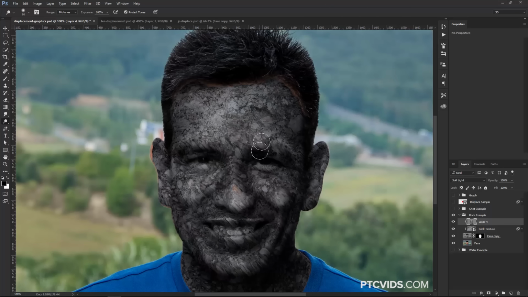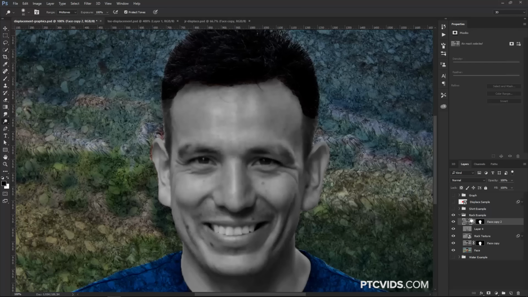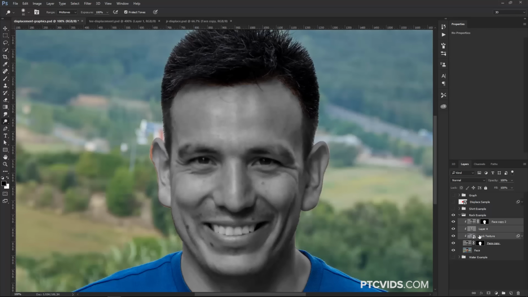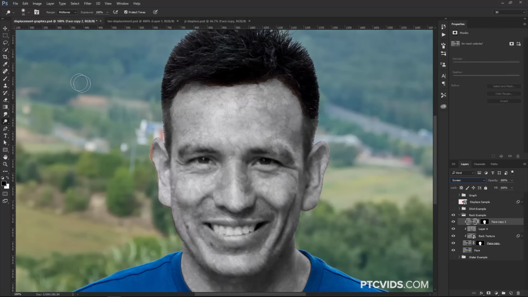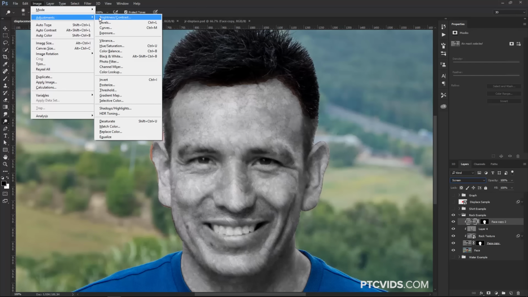Now, if you feel like this is still a little flat and needs some stronger highlights, what you can do is duplicate the face copy. So Control J, Command J on the Mac, click and drag that on to the very top. If you lose all the clips like I just did there, just select them all again and press Control Alt G, Command Option G on the Mac. And there you go. On this top layer, set the blend mode to screen,